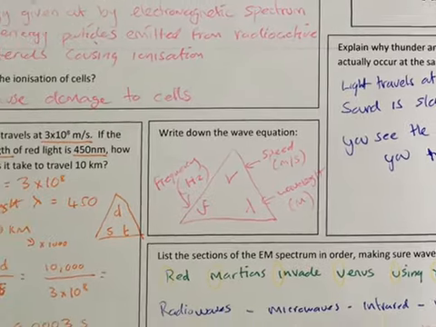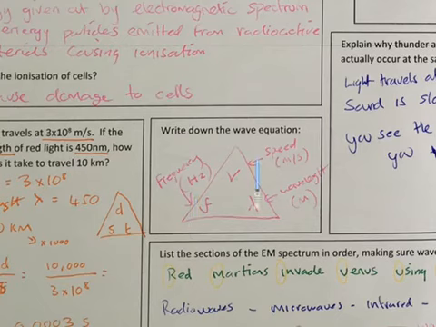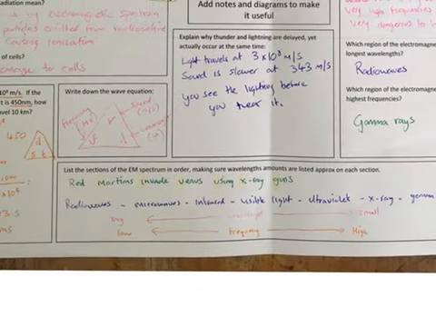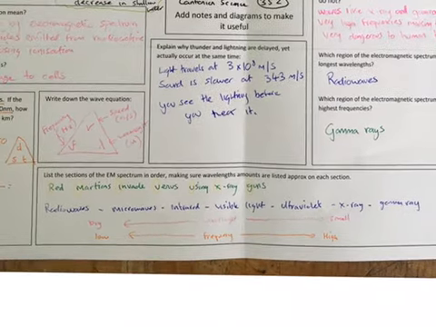Write down the wave equation. Well, that's what I thought we were going to use because I saw nanometers there. But basically, this is the wave equation where you've got speed, meters per second. You've got frequency, hertz, and you've got this lambda here, which is wavelength, and that's in meters. Here's the electromagnetic spectrum I was on about just a couple of minutes ago. Probably going to start a new video on this one. So if I write